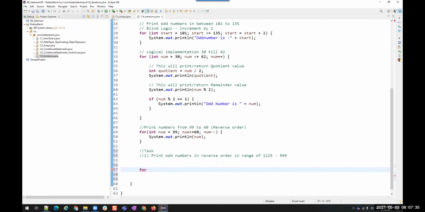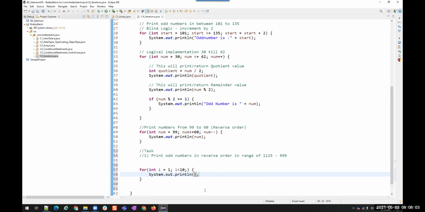If I give the task information, then you'll understand it easily. I want to write int i equals 1, semicolon, i less than 10. Okay, it is not throwing an error. Is it throwing an error here? No, right?